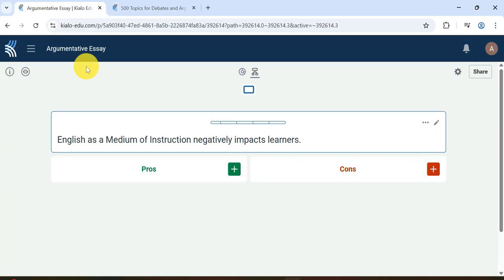For illustration purposes, and to show you the different functions or how you set up your Kialo, let's imagine for demonstration purposes that the essay we're practicing is about the use of English as a medium of instruction and how it negatively impacts the learners. So in using Kialo, it's pros and cons. Unfortunately, you cannot change the wording. Depending on the task at hand, you can just tell the students they can replace pros with they agree, or disagree. So if I click on the settings,